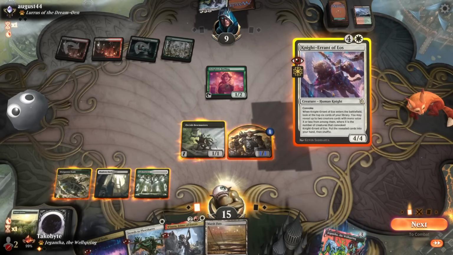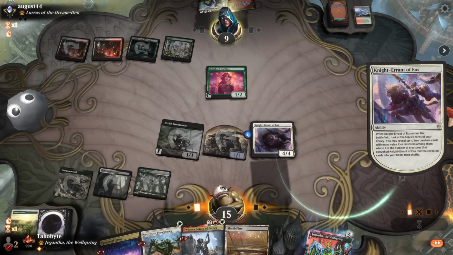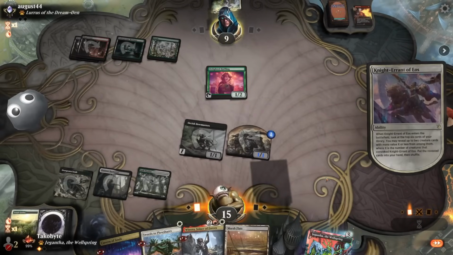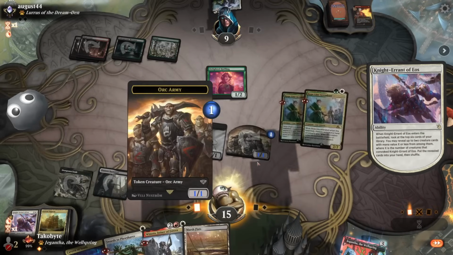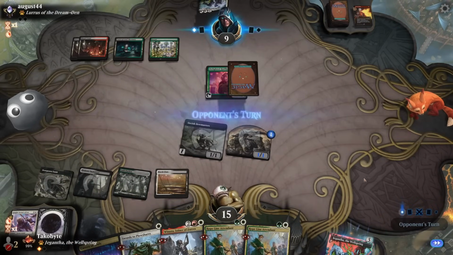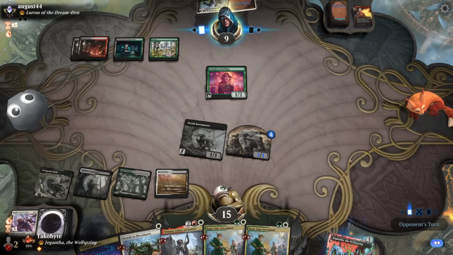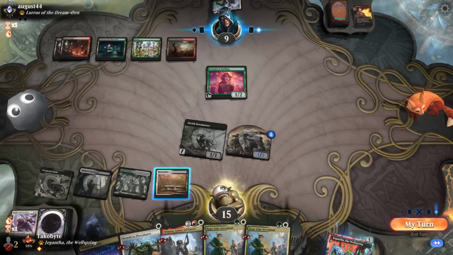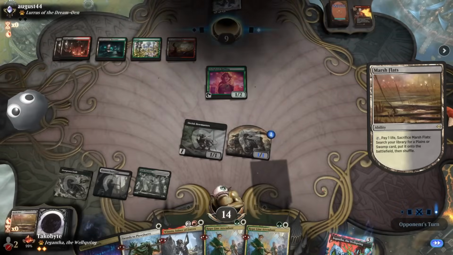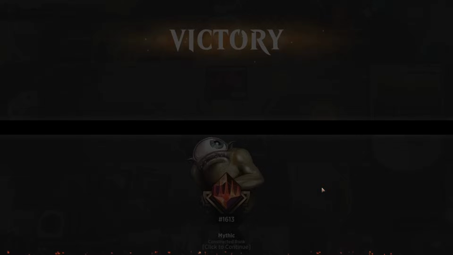Okay, let's see what we get. Unholy Heat. Actually pretty nice. So they can get back a bauble, but if they do that, they lose. Not even playing the lures. I guess I do have a swords. Okay. Yeah, I mean, Winota's gonna come down here, so...